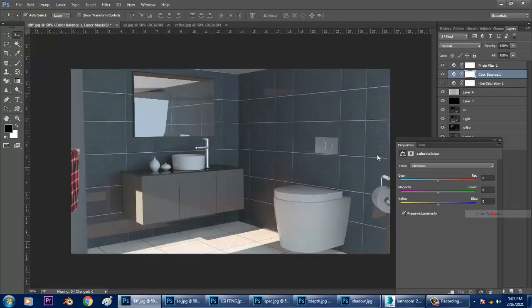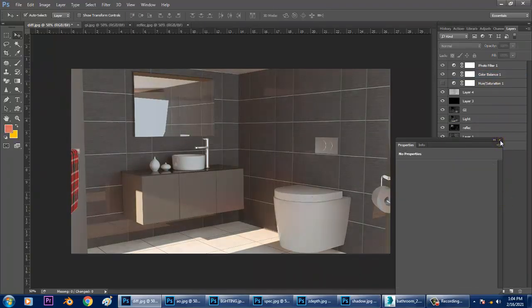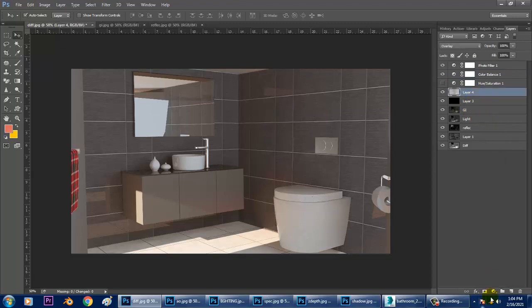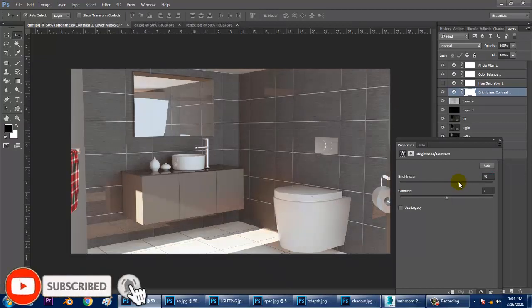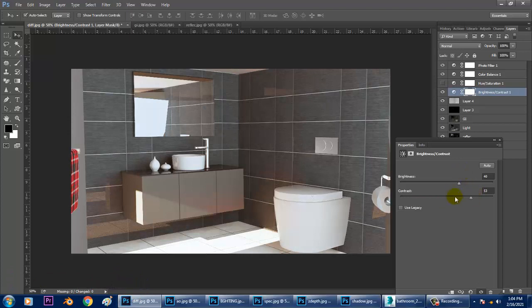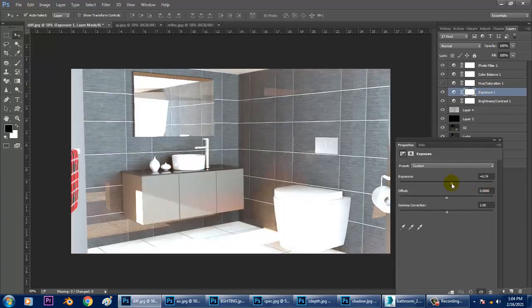Some color balancing of it. Some brightness contrast. And contrast. And some exposure. Much better.